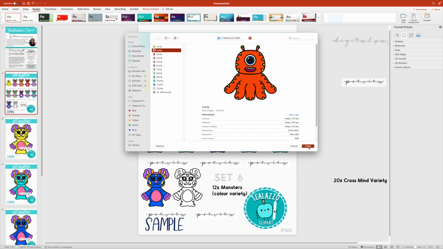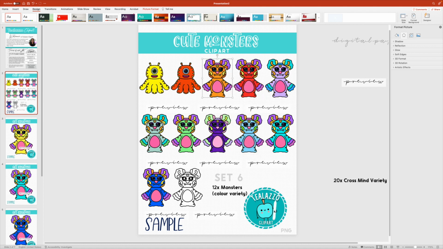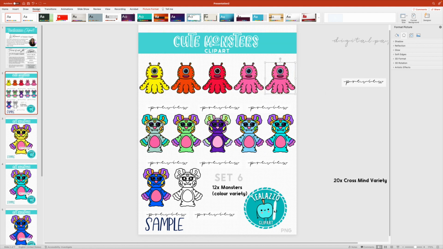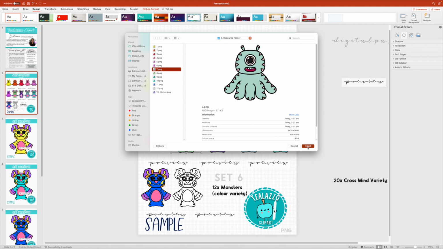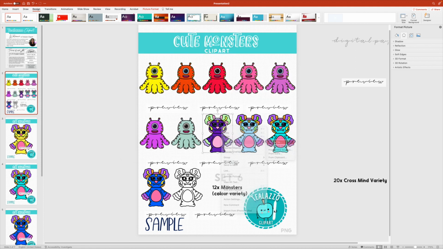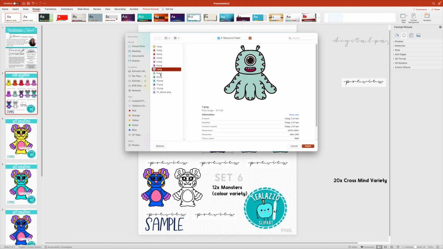Now I know that some people, or some clip artists, won't like to do this, only because they might think people might be able to steal their work a little easier doing this. But I feel like giving someone a really good detailed preview into what they're actually purchasing is a better way to convince someone to purchase. I know for me as a shopper, I really like to see what's actually involved, see what I'm actually buying. I know that everyone shops differently, but I think because I shop this way,